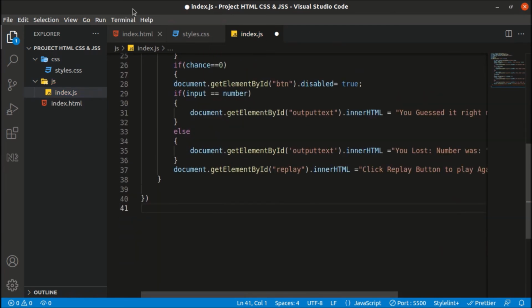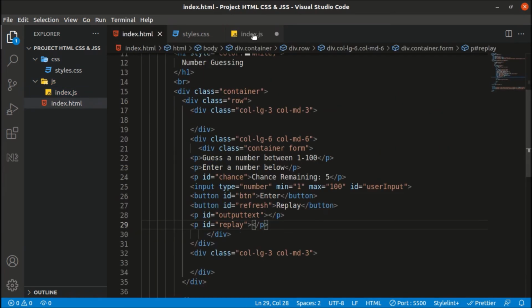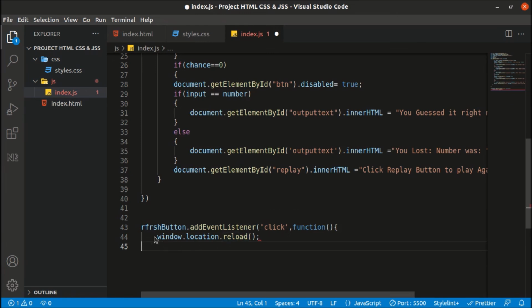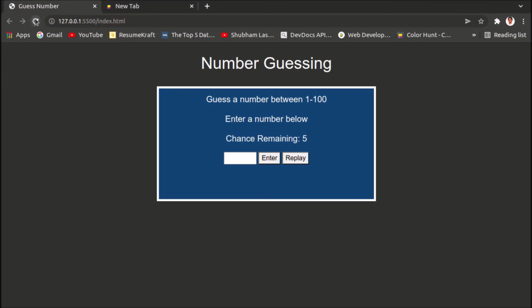When the user completes this and clicks on the replay button, we have to refresh the page. So we add the event listener to the refresh button, and write the code to refresh the page. The code is window.location.reload, and this is how we have created this wonderful game.